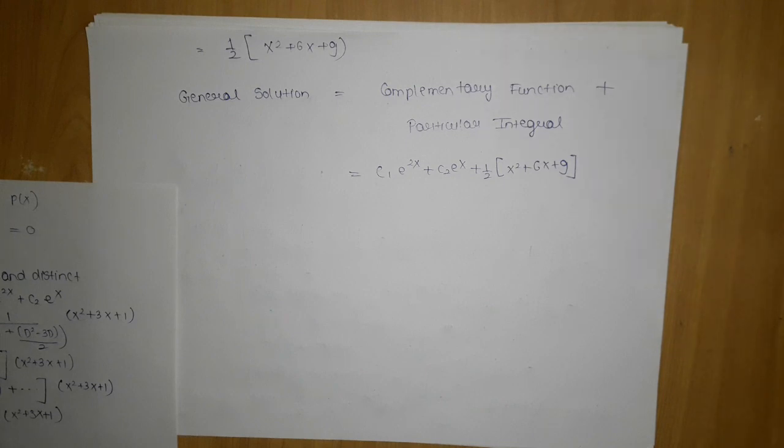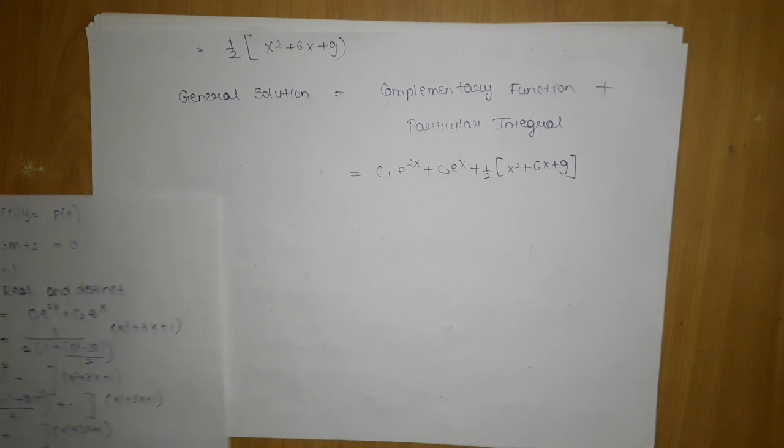All the things are same, just take the common power outside. 1 upon 1 plus x or 1 upon 1 minus x will be created. Expand using the Maclaurin series. Try to see the highest power in the polynomial, and consider terms in the expansion till that power. Multiply the polynomial inside. If there is D square, differentiate it twice. If there is D, differentiate it once. And after this you will get your particular integral, which is the main problem in higher order differential equations. Now let's move on to the next question.